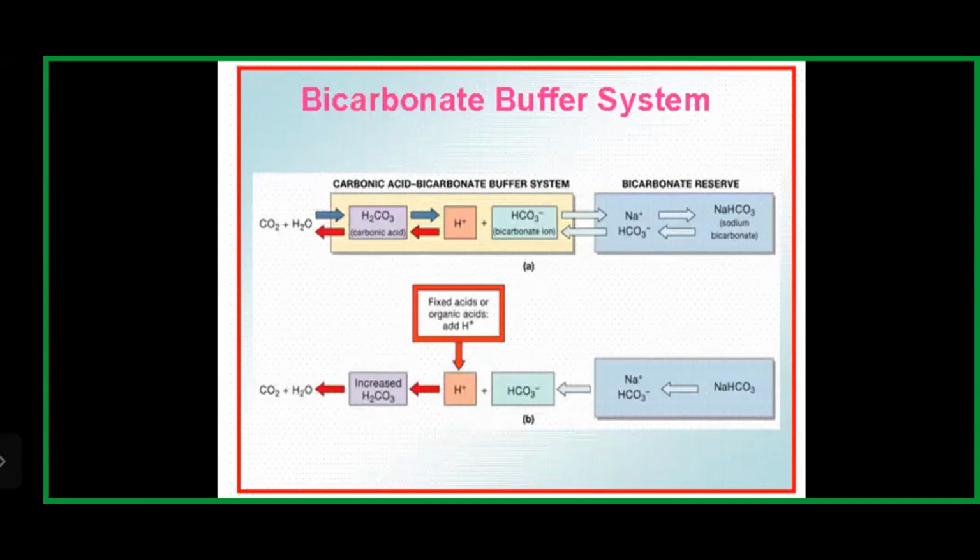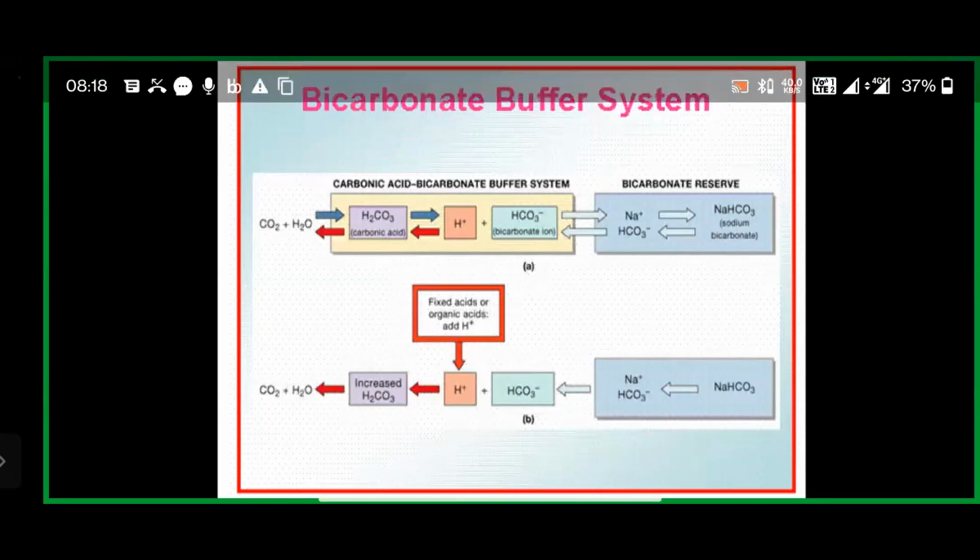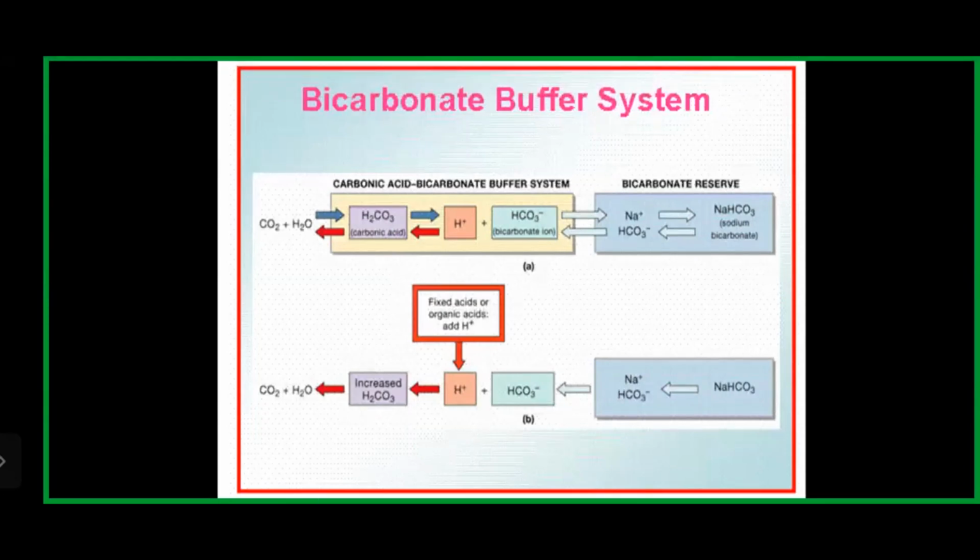Now, the bicarbonate buffer system acts in this way: when any fixed acids or organic acids are added, they add H plus ions, and those H plus ions are neutralized by the bicarbonate reserve, which is there in the body, which is formed by our renal system. So that bicarbonate reacts with that H plus and forms H2CO3, and that H2CO3 dissociates into CO2 and H2O, and that CO2 is